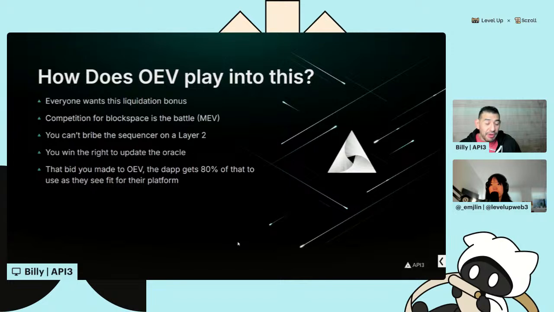And then that bid, this is what makes it really interesting for the dApps: whatever you're willing to bid, whatever you're willing to bribe for that same MEV arbitrage, the dApp gets 80% back of what gets liquidated, right? So in this past crazy liquidation where there was 2.6 billion, Compound uses some of our oracles for some of their assets. We earned, I think, $190,000 back for them. We hit 100% of all the liquidations on OEV for them. So they were quite happy with that, right? Because as a borrow-lending dApp, you are trying to convince users: deposit on me, borrow on me, because that's how you make money, right?